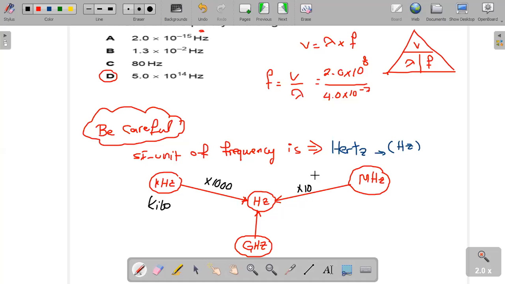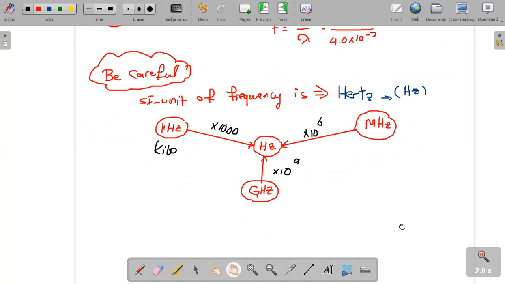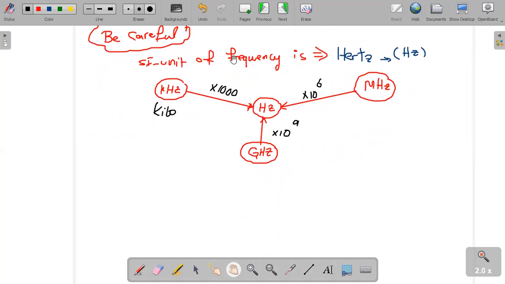Megahertz times 10 to the power of 6, which is 1 million. Okay, gigahertz times 10 to the power of 9. Okay, so we have to memorize these factors. Also, if we are talking about the wavelength, the measuring unit of the wavelength,